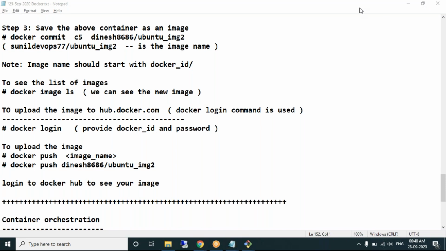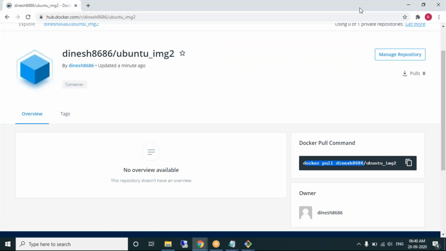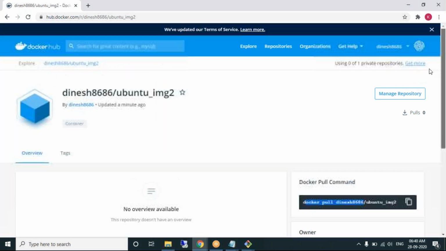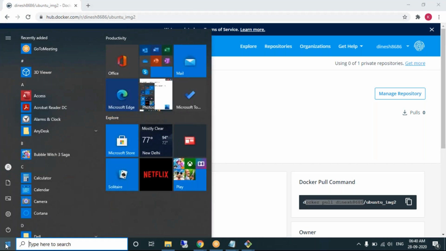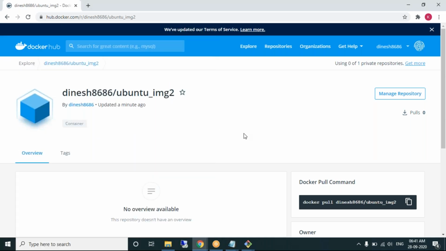Is the only way to upload through the terminal, or can we also upload through the GUI? Like in GitHub, we used to upload from the UI also. Is there any possibility for this? No, because it is not from the operating system level where you can pull the image. Where is the image? The image is not in your operating system, is it? It is in the AWS account, that too in the EC2 machine. So we cannot access it from the graphical user interface.